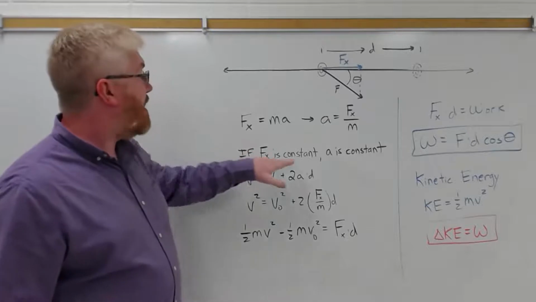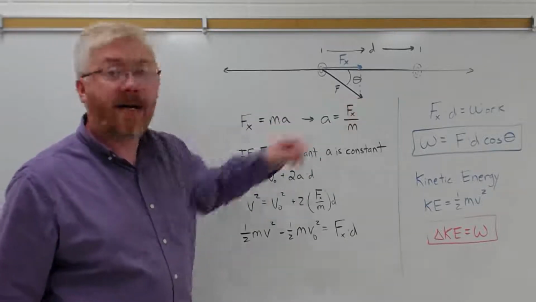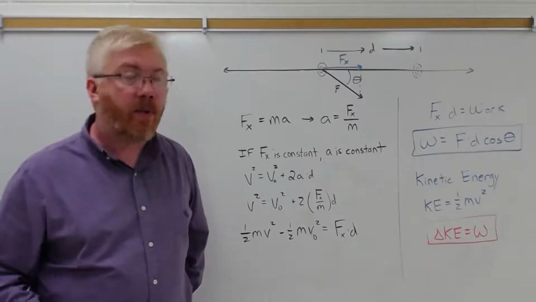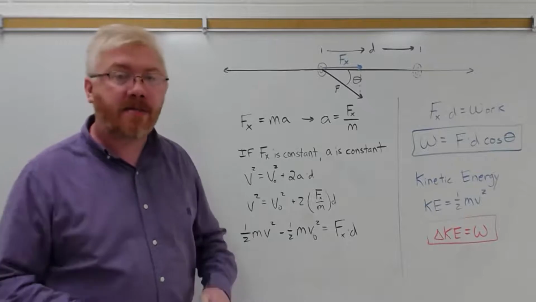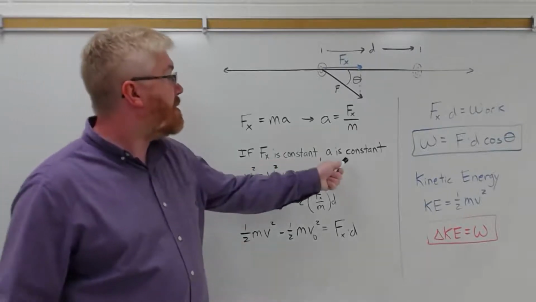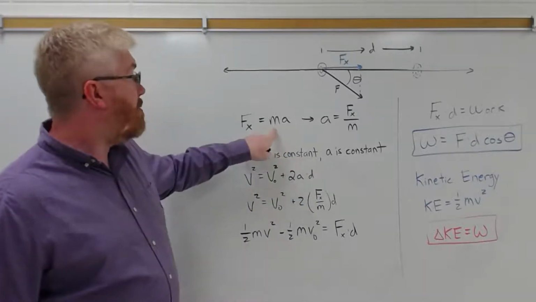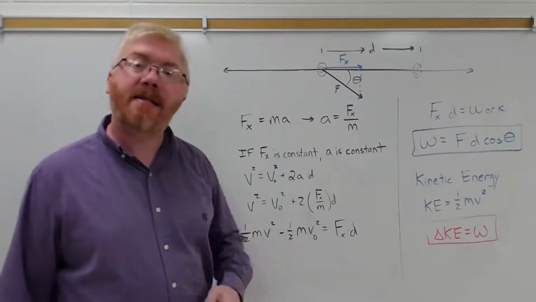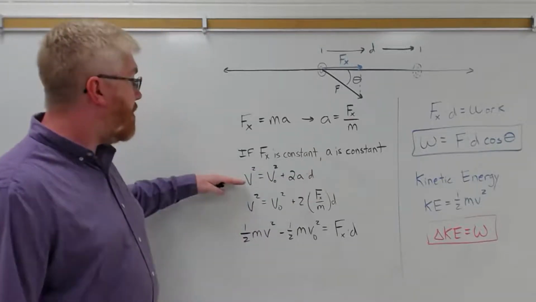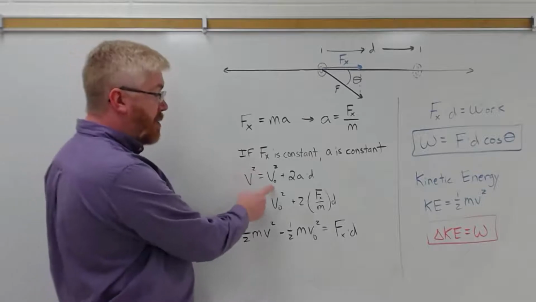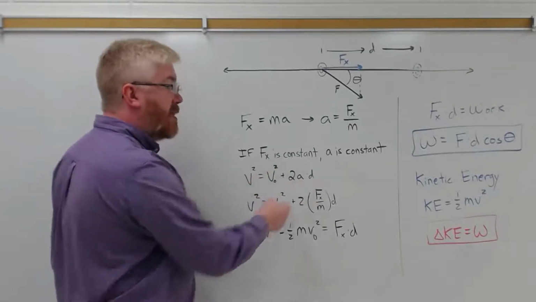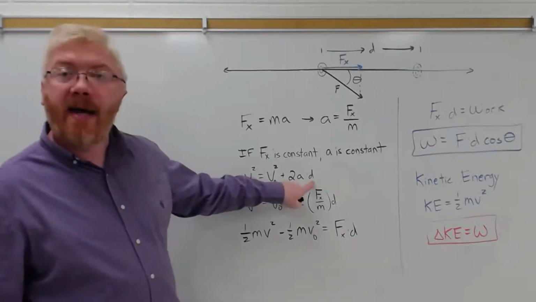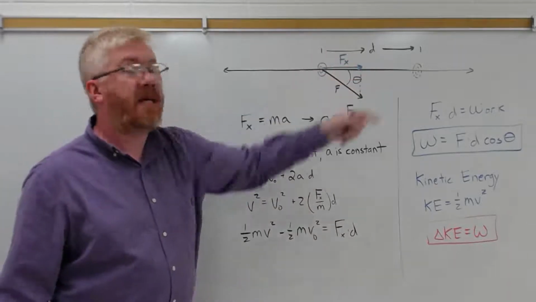Well, if F of x, the force, is constant, we can use our constant acceleration equations, and we're going to assume the force is constant for the arguments put forth here. So if the force is constant, the acceleration has to be constant because the mass of that nut isn't going to change. So we can use our constant acceleration kinematic equations. The one I'm going to focus in on is the speed squared is equal to the initial speed squared plus 2 times the acceleration times the distance traveled. Previously, this might be delta x or delta y. I just have here the displacement as d.